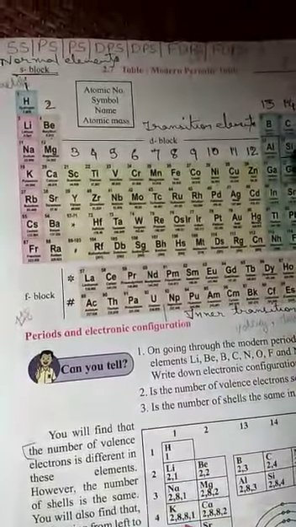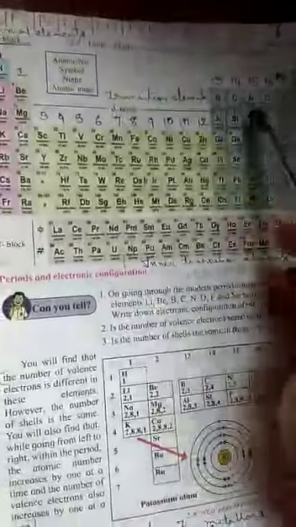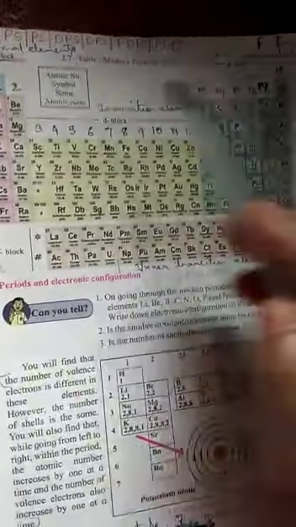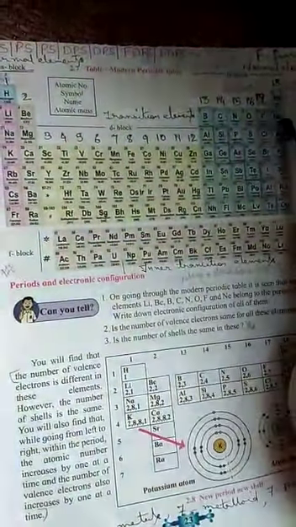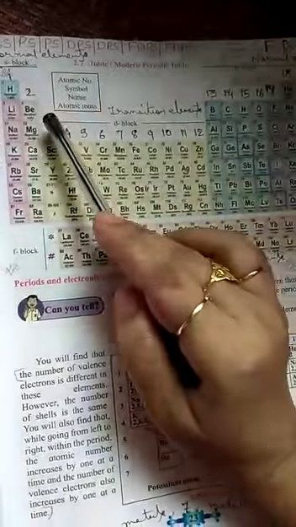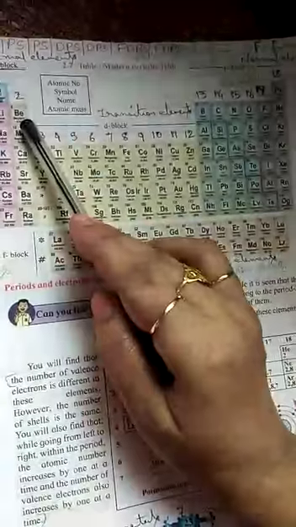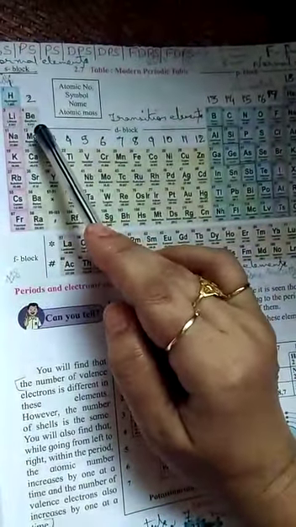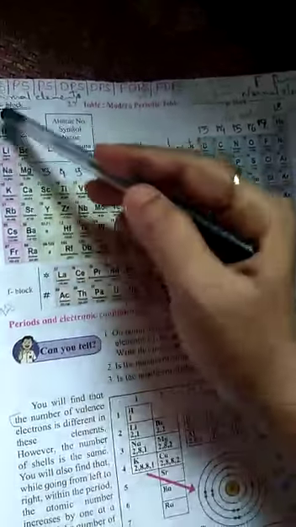Atomic number increases by 1. All of them have same number of shell, but their atomic number increases by 1. So when we move from left to right in a period, atomic number increases by 1. So period number indicates number of orbit. Period 1